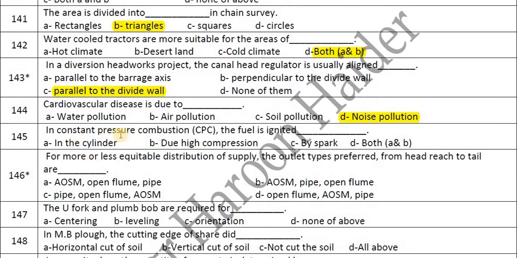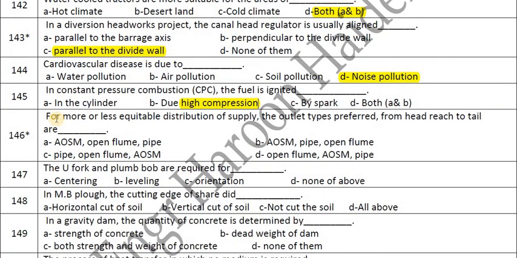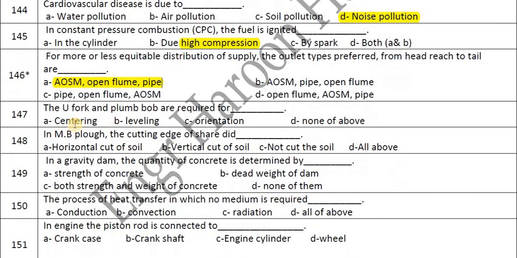In constant pressure combustion, the fuel is ignited due to high compression. For more or less equitable distribution of supply, the outlet types preferred from head reach to tail are APM, open flume, and pipe. The U-fork and plumb bob are required for